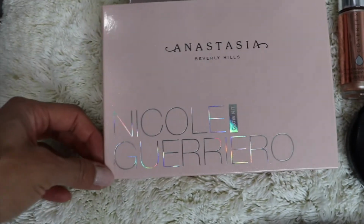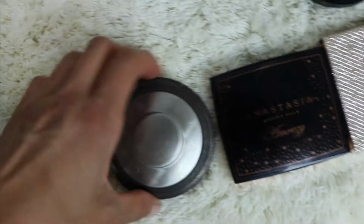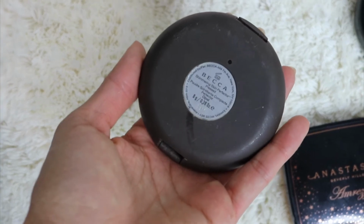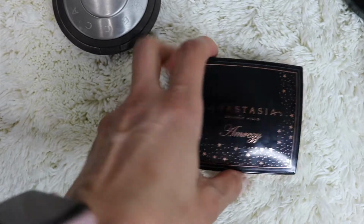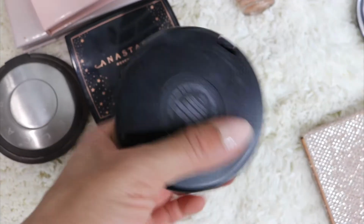I have the one by Nicole Guerrero. I really love that one. I have Becca highlighter in Opal. I have obviously Anastasia and Ambresi highlighter. You don't need to see it. I have MAC Oh Darling